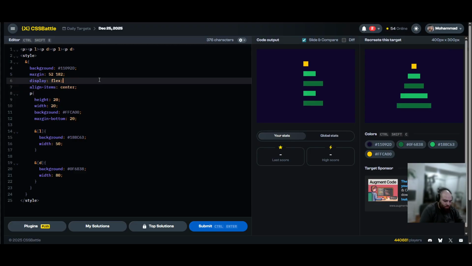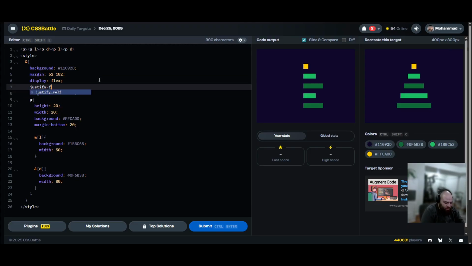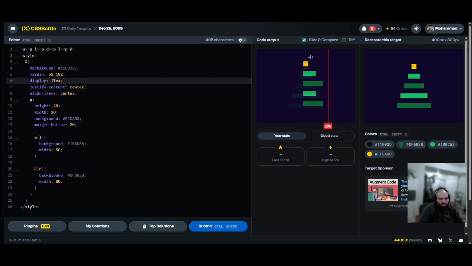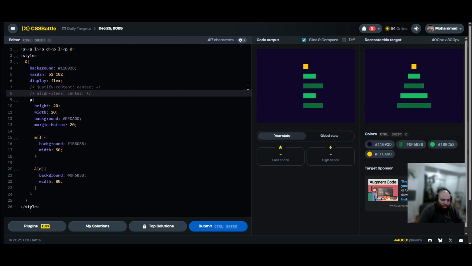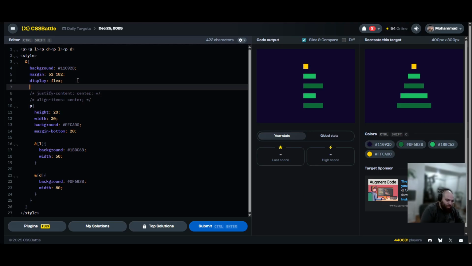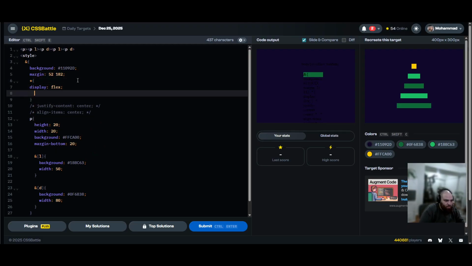Align items, justify content. Okay, display flex is the whole thing. I'm trying to justify content center, aligning items. Why is this not working? Maybe I have to put that in the HTML, I think that's because it's doing the HTML and not the body. So if I add this here,